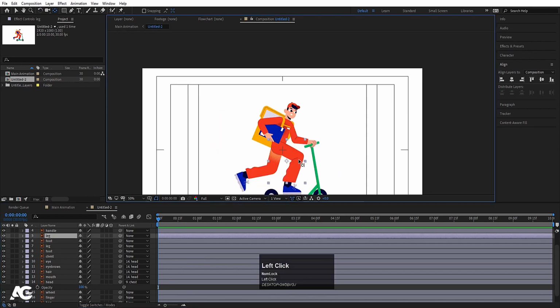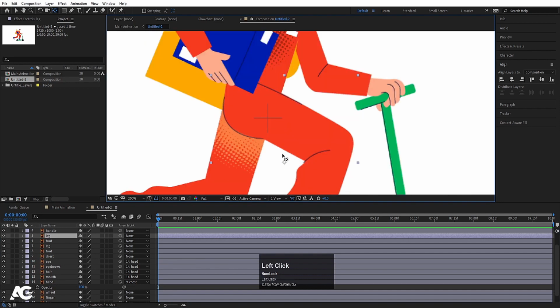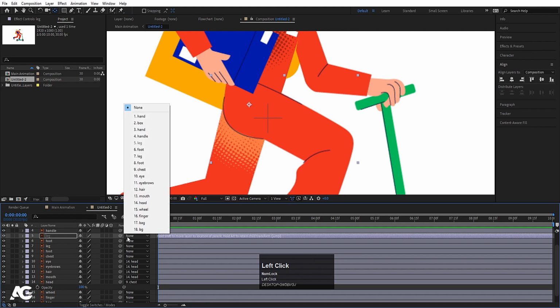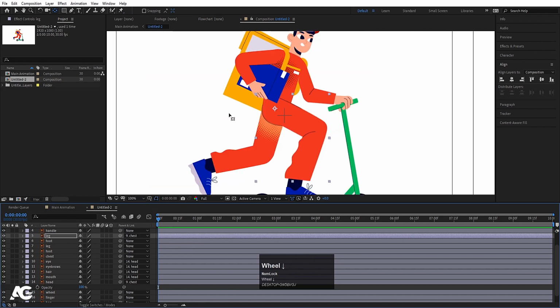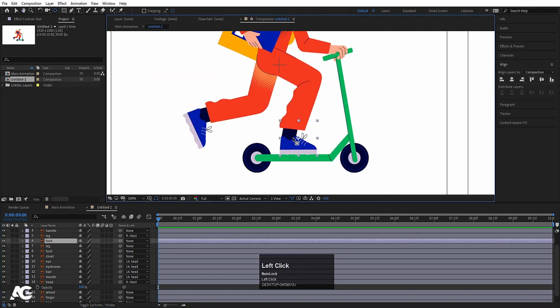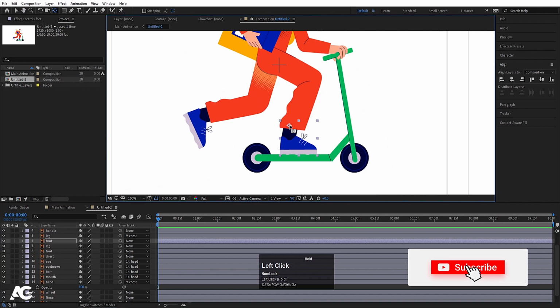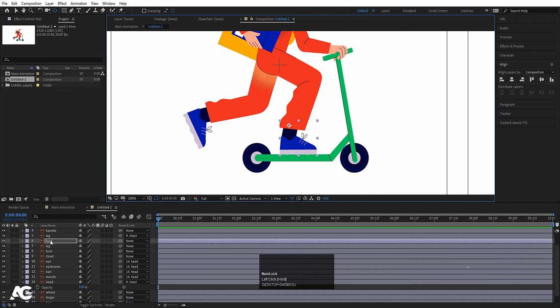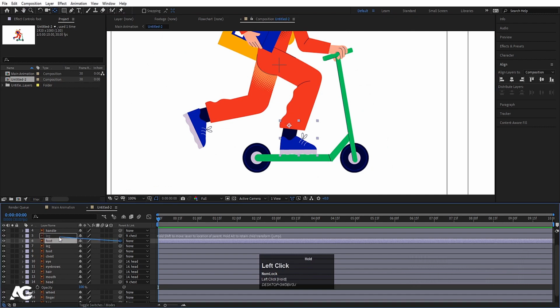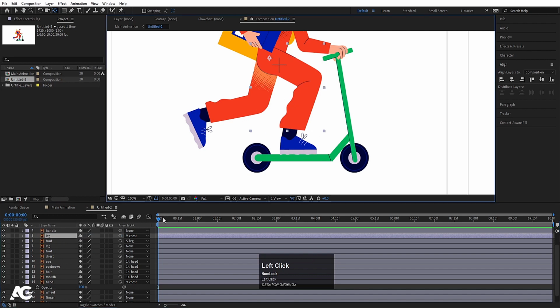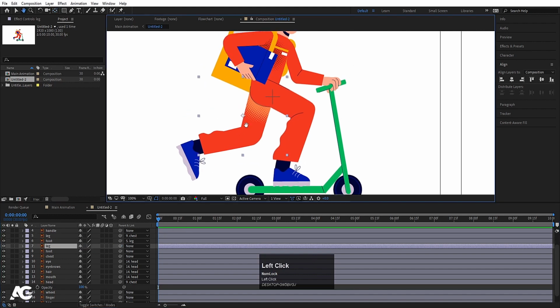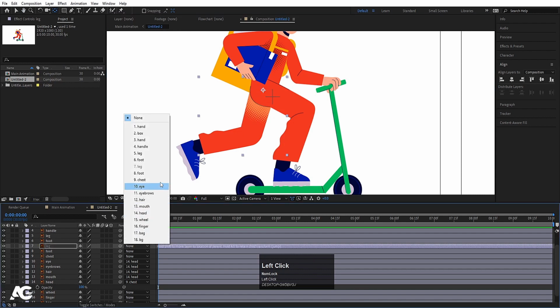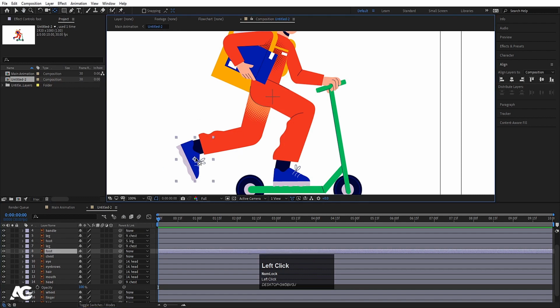Now I'm going to select this leg and I'll move this anchor point over here, and in parent and linking I'm again going to choose chest. Also I'm going to select this foot, I'll move this over here, and I'm going to make this parent with this leg. Okay, then select this leg, move this anchor point over here. In parent and link, choose chest, select this foot, move this anchor point over here, make it a parent with